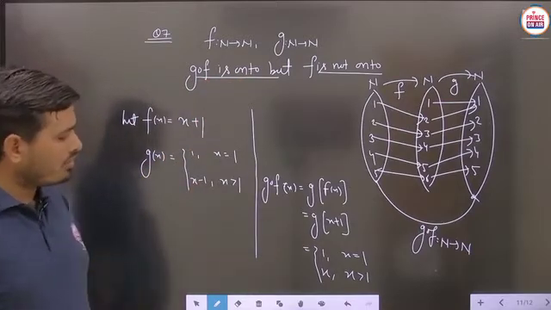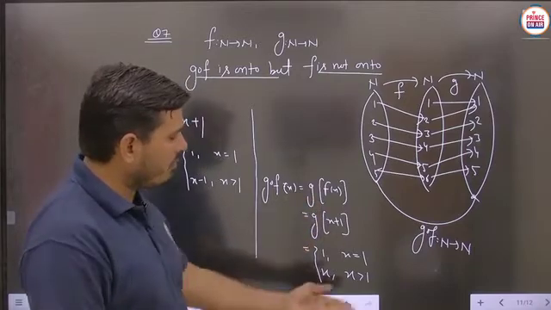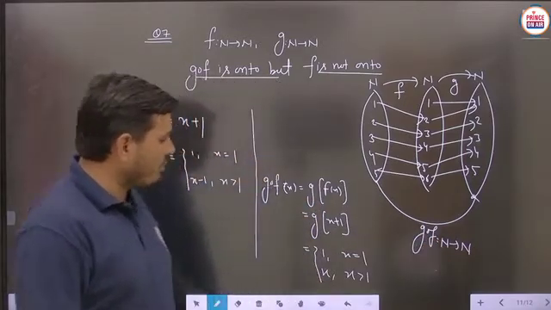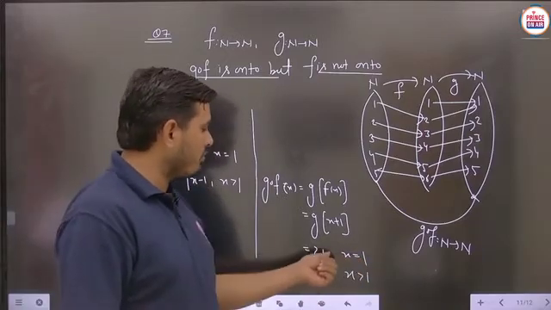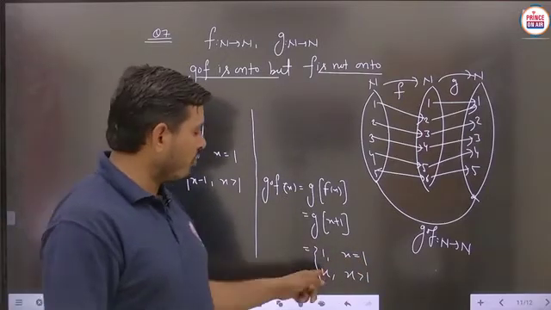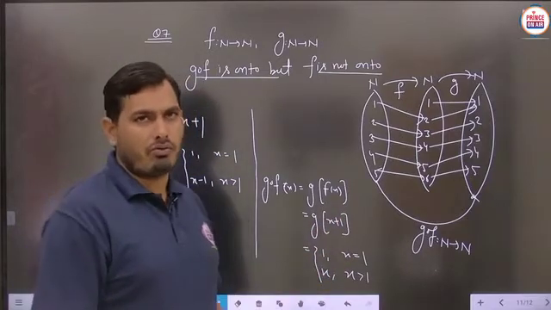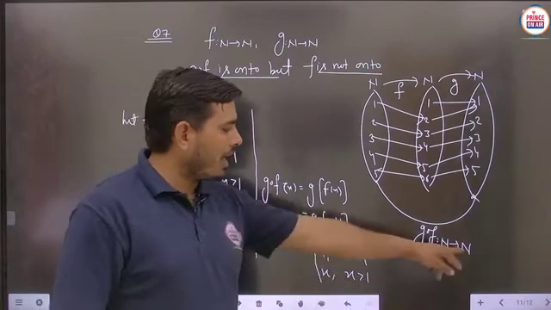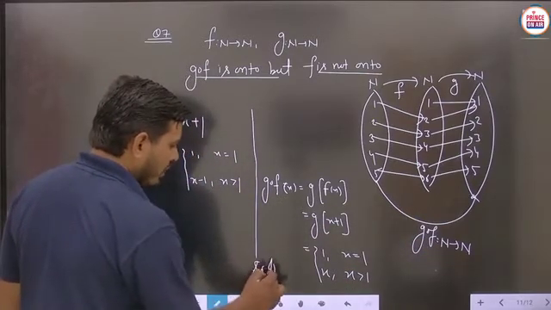So to check whether g o f is onto or not, we have to check the codomain elements. The codomain will be the set of natural numbers. So basically student, we can take any natural number, then definitely for x equal to 1 it will be 1, 2 for 2, 3 for 3, 4 for 4, which means you will definitely get the pre-image of each and every codomain element in the set of natural numbers. So it is onto.